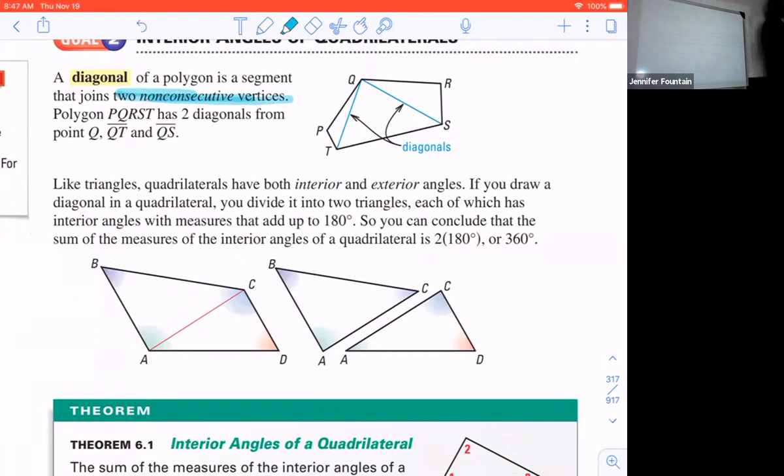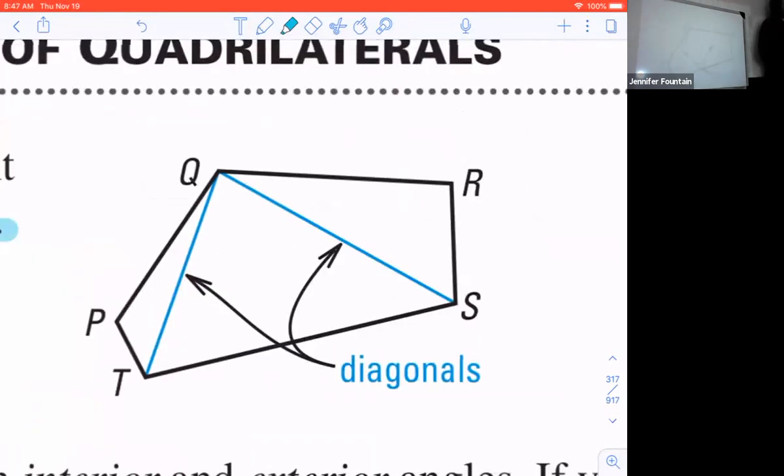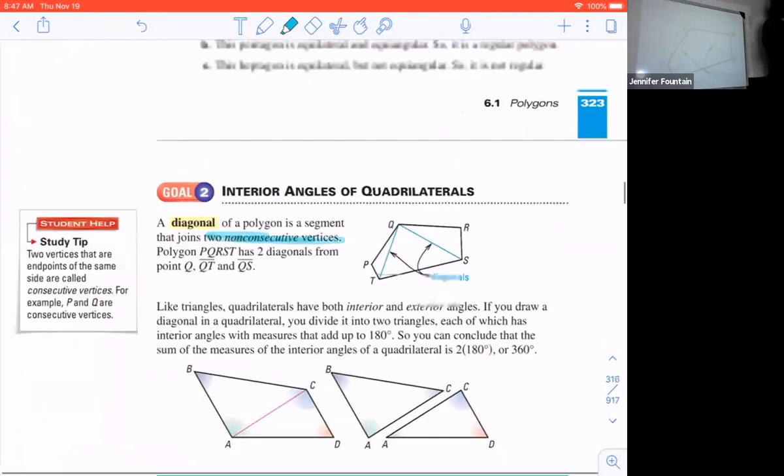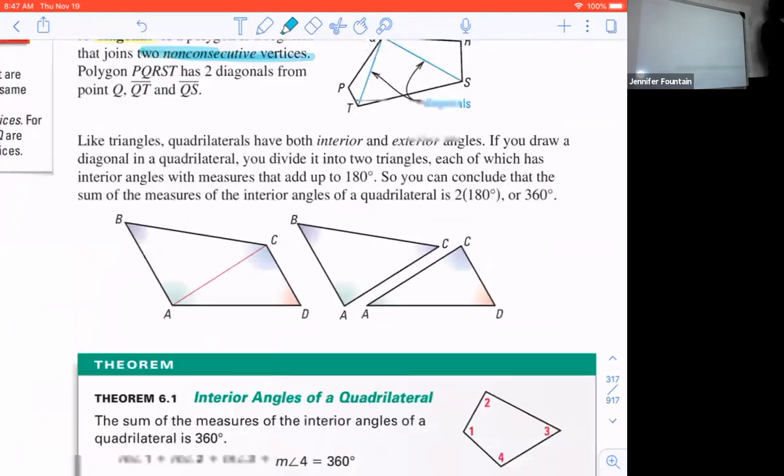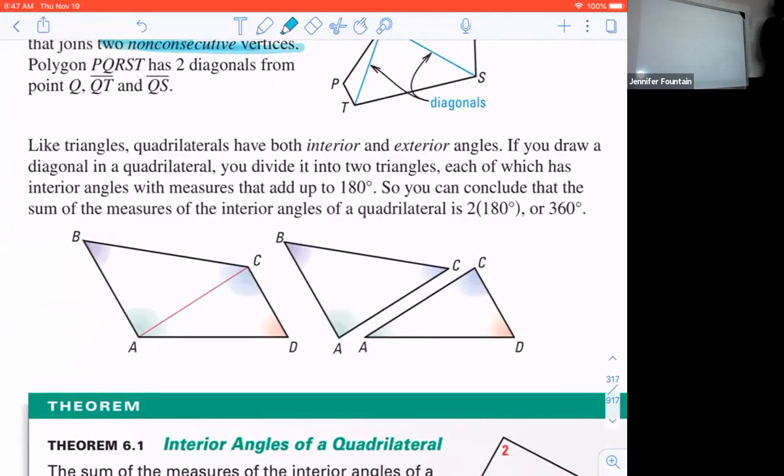If I have two diagonals, I've broken it into 3 triangles, didn't I? Okay. So now it says, like triangles, quadrilaterals have both interior and exterior angles. If you draw a diagonal in a quadrilateral, you divide it into 2 triangles, each of which has interior angles with measures that add up to 180 degrees. Since you can conclude that the sum of the measures of the interior angles of a quadrilateral is 2 times 180, or 360. So when I break this quadrilateral